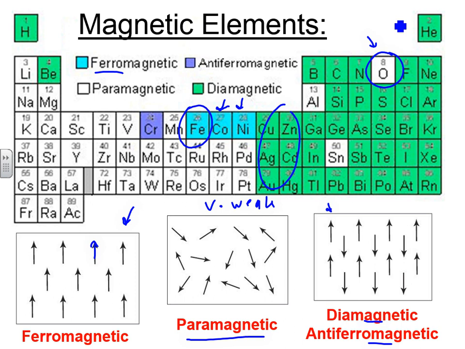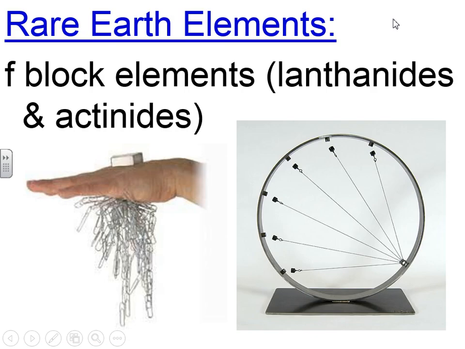So a lot of these properties, you'll notice that there's a pattern to it, and that's the whole point. You can also see the pattern to these elements. And then we have rare earth elements, which include the F block elements. They're rare earth because they are rare in the earth. So neodymium is famous for being able to be made into very strong magnets. And you can get yourself a little sculpture like this that has neodymium magnets, and there's a little gap between here. So very strong magnets are made from neodymium.